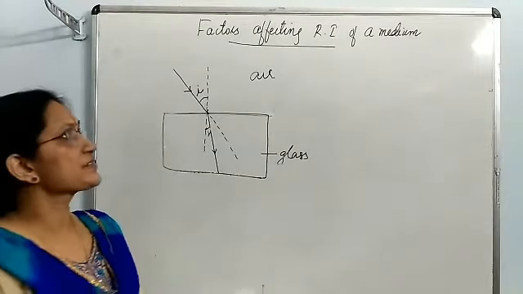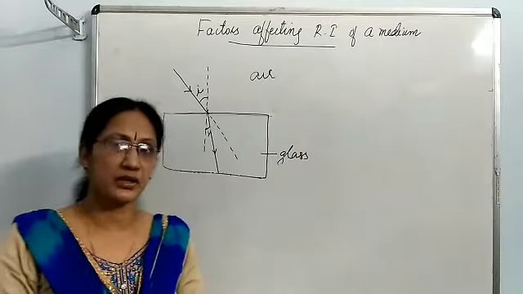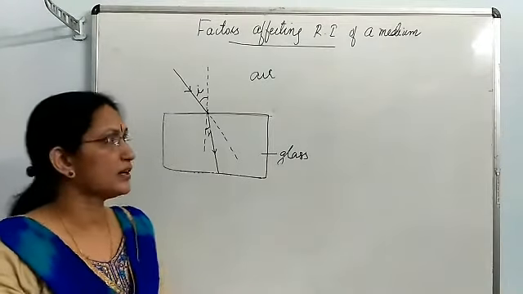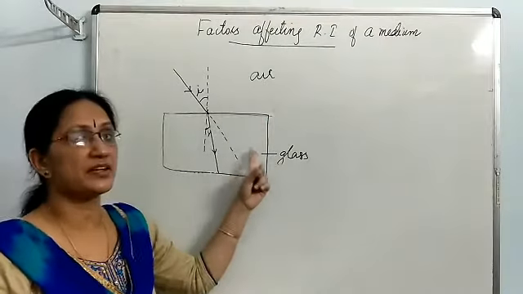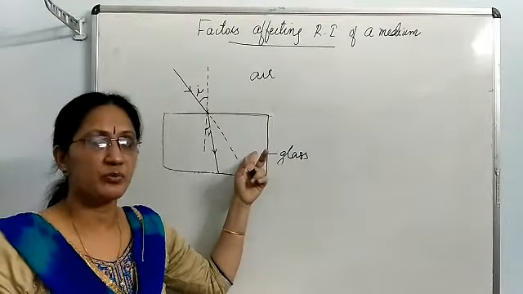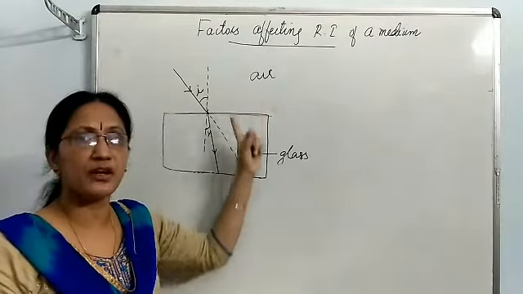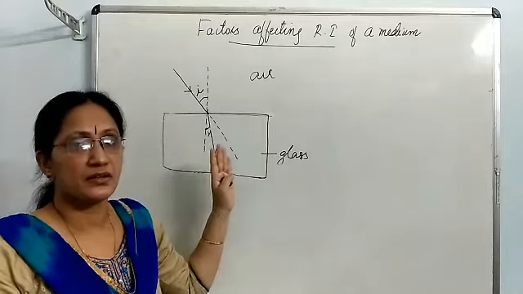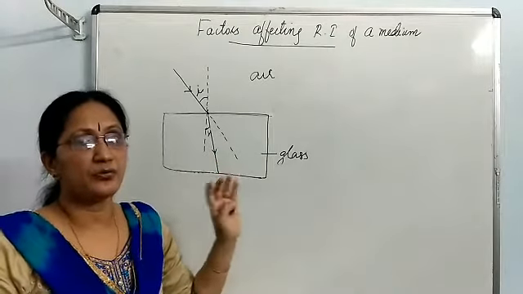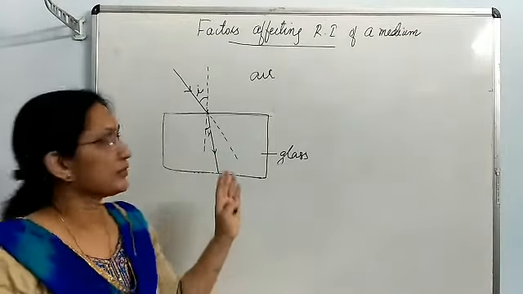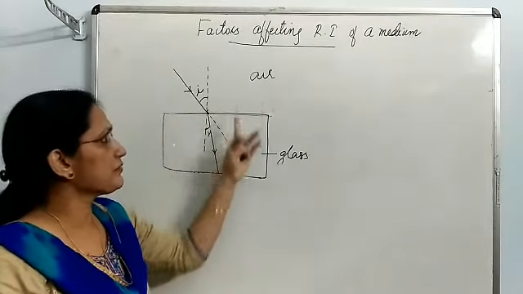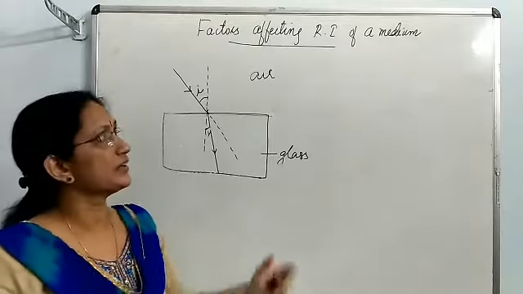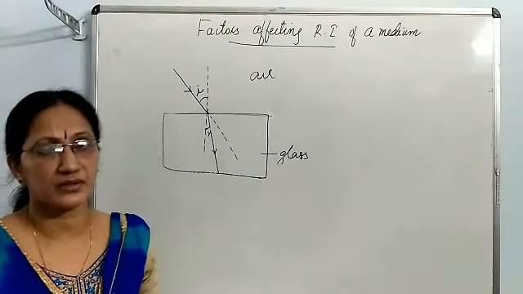In the previous video we discussed the refractive index of a medium. It is a term that tells how much speed variation happens to light while it enters from one optical medium to another optical medium, or how much it deviates from its original path while entering from one medium to another. This is indicated by the term refractive index.